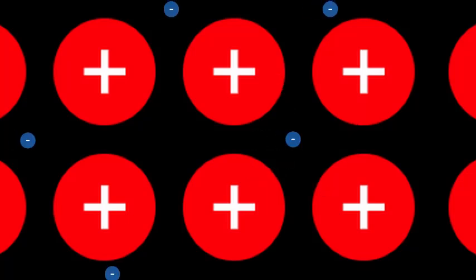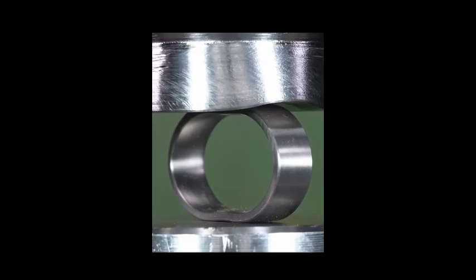You can imagine this as a huge grid of positively charged nuclei which are surrounded by freely moving electrons. You see, in a metal grid, the valence electrons are kind of promiscuous, or as the nerds call it, delocalized. They can move freely in a giant playground of nuclei instead of being loyal to just one. This kind of bond is responsible for the properties of metals, like conducting electricity and heat, and also being malleable, as in being kind of bendy. Like, you can hammer on this stuff until it's the most deformed, unelegant, and ugly-looking piece of material ever known, and it will just limp along as if nothing ever happened.